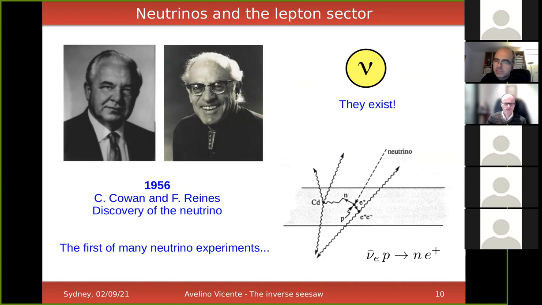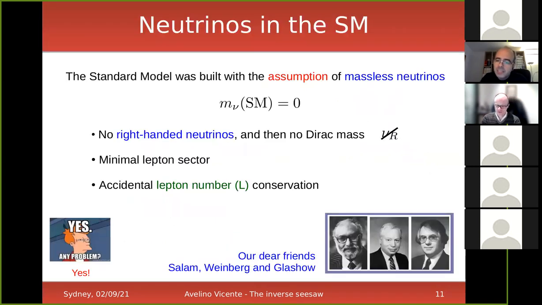And nowadays we have a lot of information about neutrinos. But back then, when the neutrino was discovered, and by accumulating more data, there was no clear hint of any neutrino mass. So the standard model was built under the assumption of massless neutrinos. This was done by not introducing right-handed neutrinos in the theory, in contrast to the other fermions, which have left and right-handed components in the theory. Also, and this is very important, the fathers of the standard model didn't include additional scalars or additional elements in the lepton sector, which is very minimal. And because of that, there is some accidental lepton number in the model.